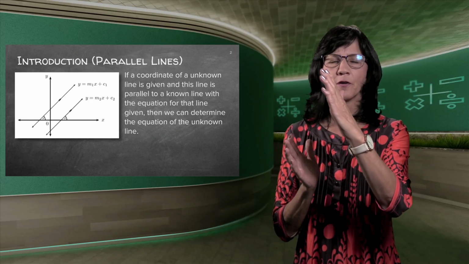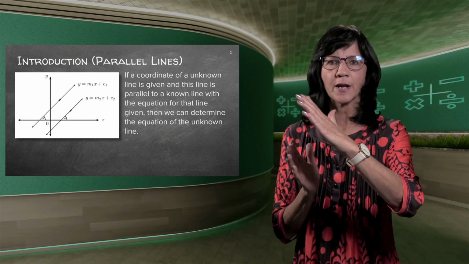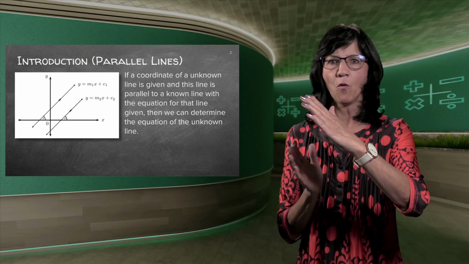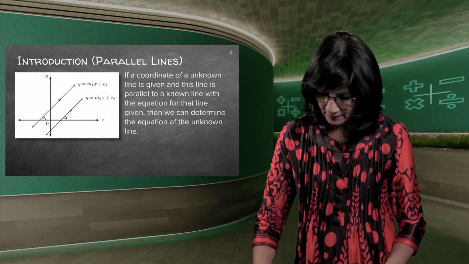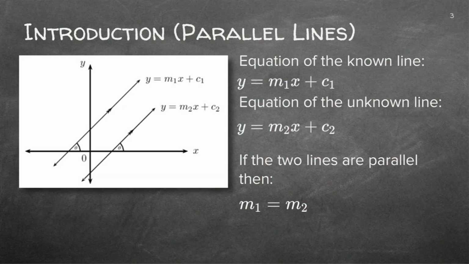Now, if you think of the graphs that we're busy with at the moment, what shows me the direction of a graph, of a straight line? The m, the gradient. So if this gradient is 4, do you agree with me that this gradient should also be 4? Then I can say the two lines are parallel. So if I look at the method, if I've got an equation like this, the normal y is equal to mx plus c. The only reason we did m1 and c1 now is because we're now working with two different lines. So the other equation will be y is equal to m2x plus c2. So it's two different equations because it's two different lines, but they are parallel.